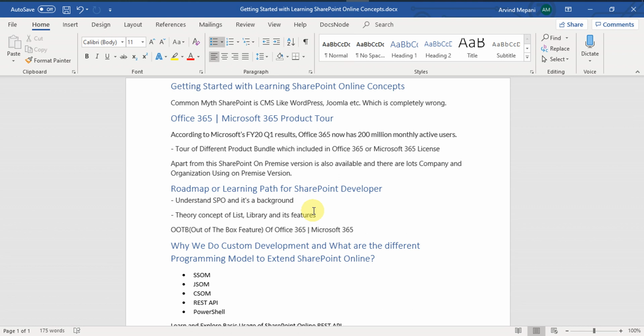If out of the box features are not useful, then these are the available programming models which we can use to extend. SOM is the SharePoint server-side object model, which is mainly used for SharePoint on-premise versions, because we have control over the server and the code will be executed with SOM code.